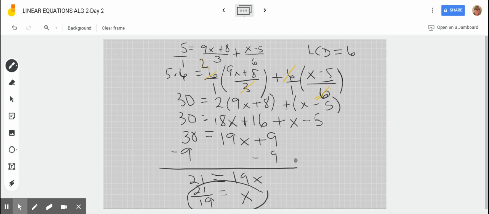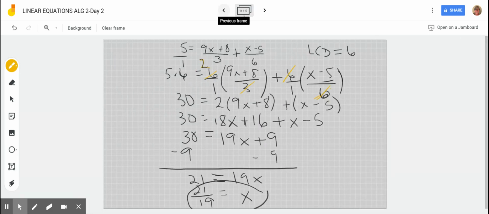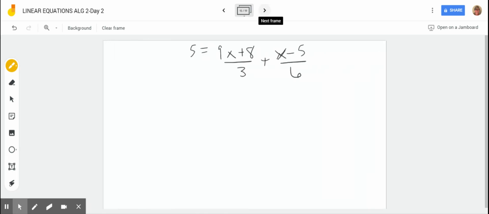I got 21/19 on here, and I don't think I noticed that I did that incorrectly. So I'm actually going to fix it right now. I'm going to show you the correct way to do it. Let's see. I multiplied by 6. So, oh no,